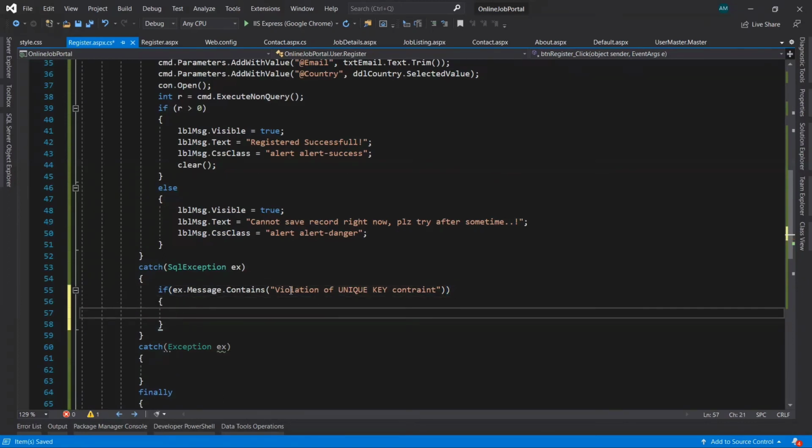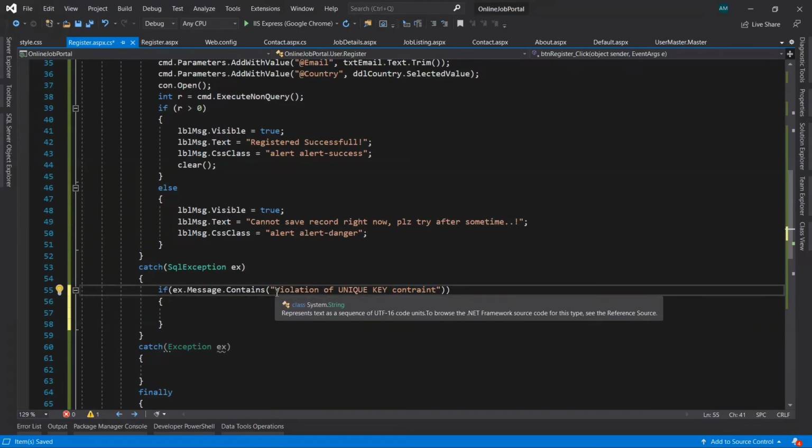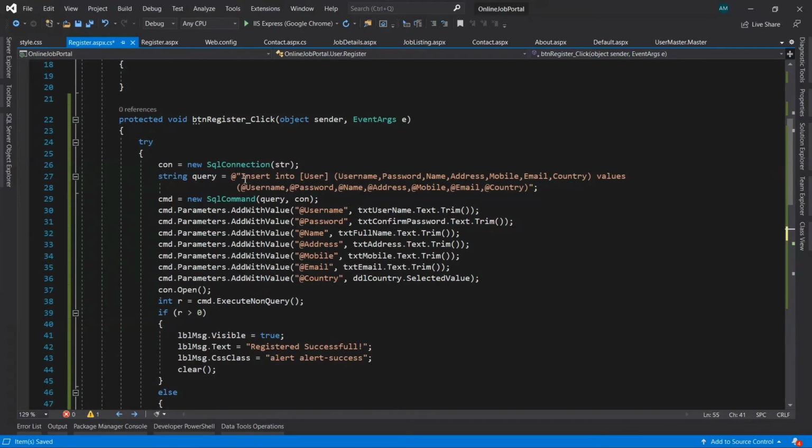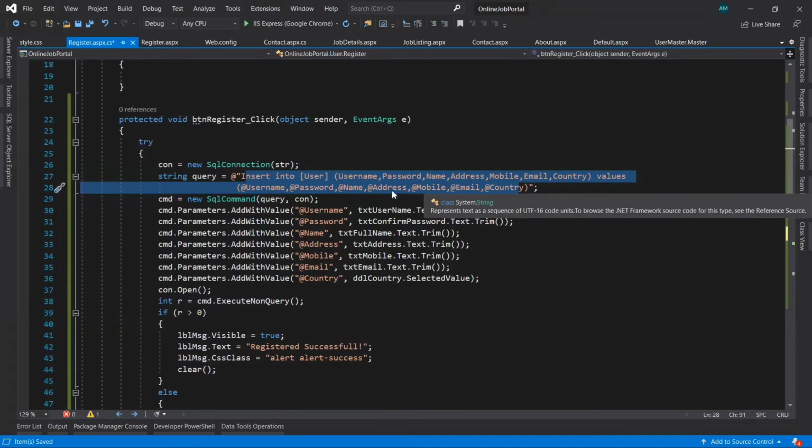You have to write it as it is. For that I have written violation of unique key constraint here, because this message is generated while executing this insert statement in our database, and it gets a SQL error.